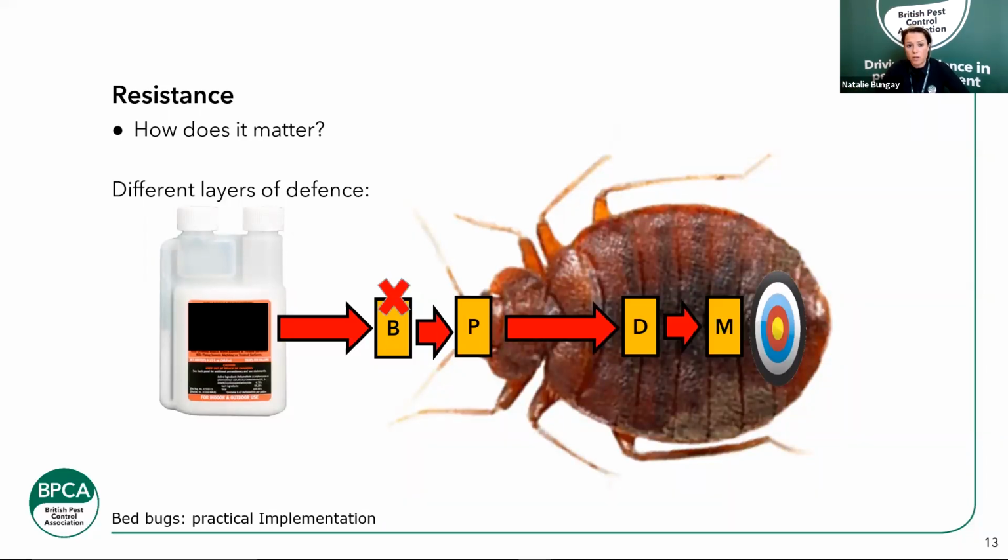So I really advise doing that, and building that into your bed bug approach, your approach to bed bug jobs. It can stop a lot of problems down the line, trying to establish whether you're unfortunate enough to have some resistance. I say unfortunate enough, there's probably a lot more populations of resistant bed bugs than we know, but again, I think this is the way forward, is doing a lot more resistance checking. Okay,